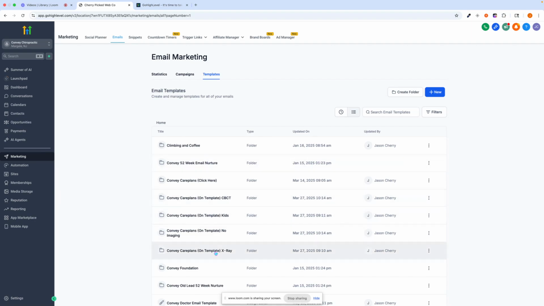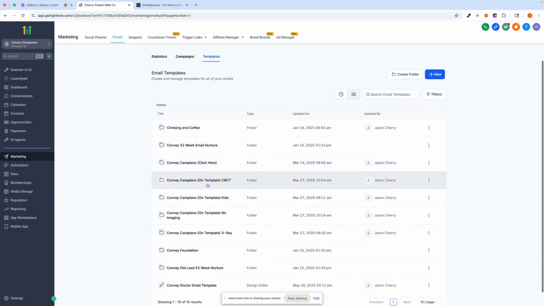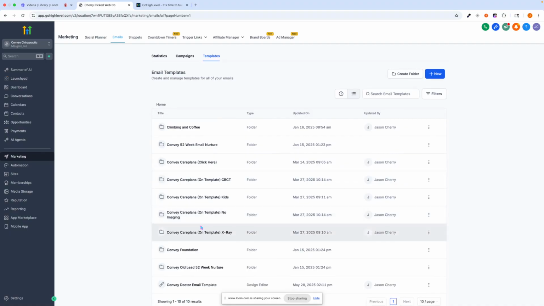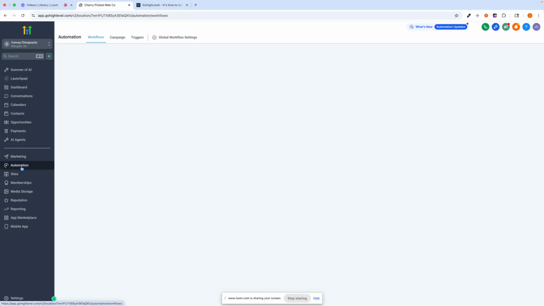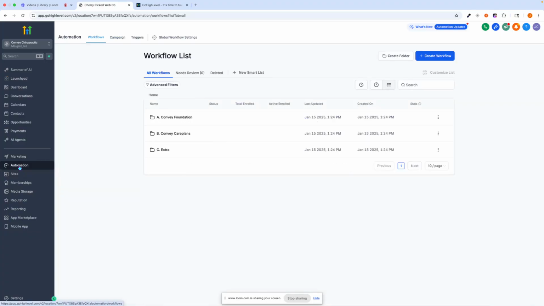Here's all the stuff that we have created. We're going to automatically set all of this up for you, so don't worry about this too much. If you have any events that you do, like for example, we had an office who was doing a climbing and coffee community event, so we created an invitation and an event reminder for them. We could do things like that for you as well. All of the automations that we built out are here. Like I said, if you want to play around with this, you could build out your automations. We'll have more videos about how to do that.